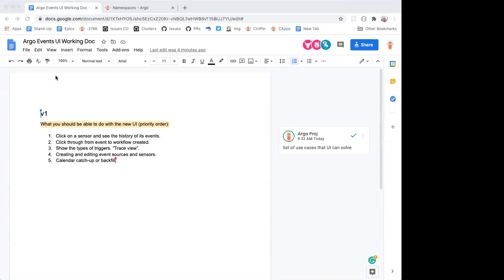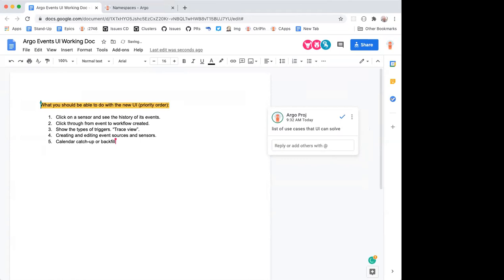Okay, good. So this document just lists up at V1. I'm going to delete that. It's just a list of things that I currently think people want to be able to do in the user interface. It might be good to walk through those and see if anybody has any feedback or additions that you want to make to that list, so that I can update it and perhaps put it into a priority order so we know where to focus our energies initially.